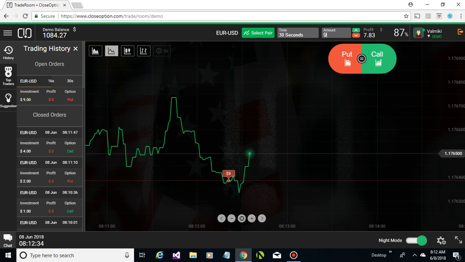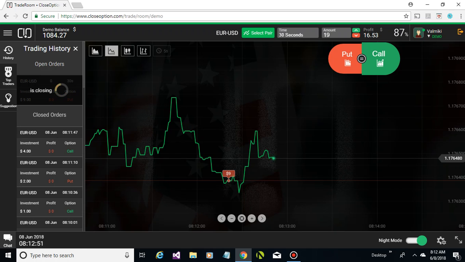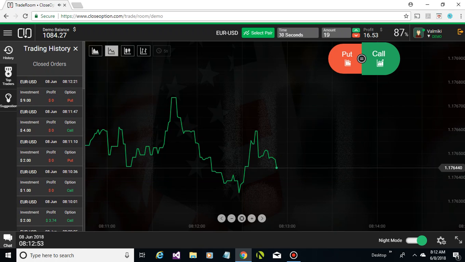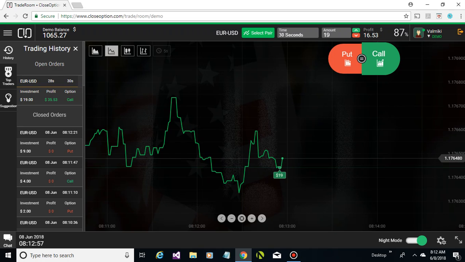Okay. The market looks very volatile, so let's just assume that this is going to be a loss because it's way above our execution price. So we should go ahead and, okay, it's going to be a $19 call. So this is our 5th progression. We haven't gone beyond 5 progressions so far,